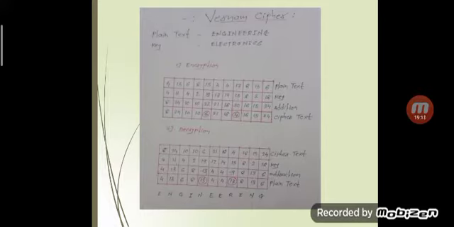Okay, so likewise we can do the subtraction of row 1 and row 2. Once we get the subtraction, now we have to consider the plain text. So the subtraction can be represented in row 3. Now we have to represent the plain text, but the problem is with negative numbers.